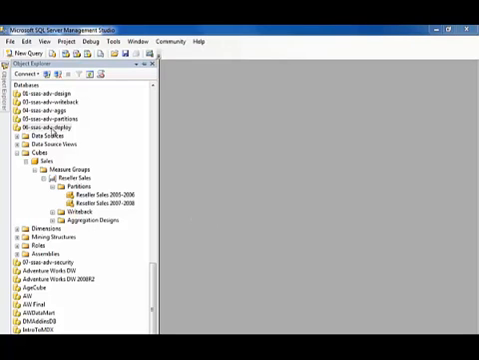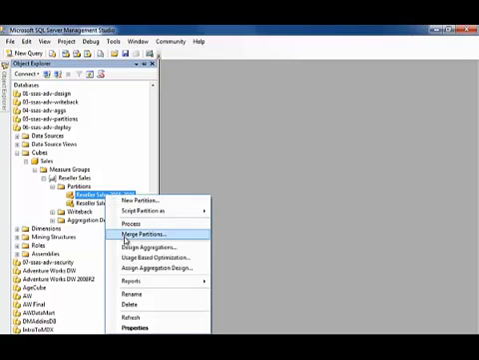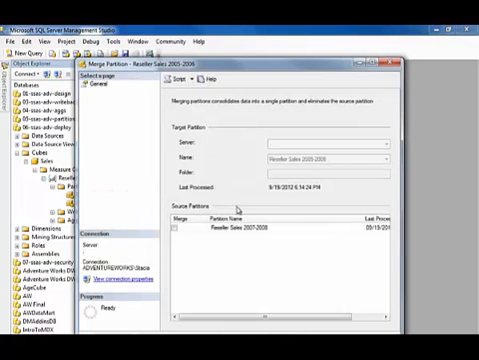Here I have a database deployed, and it contains a single cube that has two partitions. Now let's say that for whatever reason, even though I've deployed this with separate partitions, I want to merge these two partitions as part of my administrative process. So I can come to one of my partitions here, select the partition to merge,